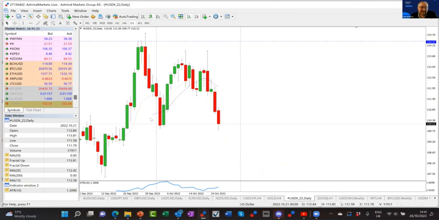This is the daily chart of the US dollar index. It's the dollar against a basket of currencies, and it's giving you a quick insight into whether the dollar is strong, whether the dollar's weak, whether the dollar's on a tear, whether the dollar's going sideways, because that will have huge impacts on other currencies, as it's the biggest main traded one.